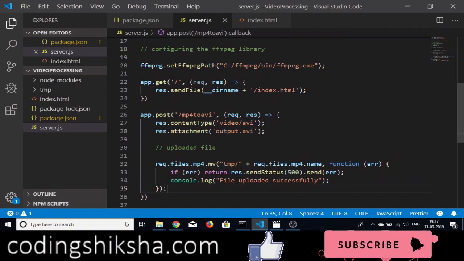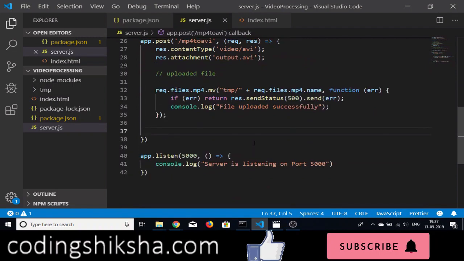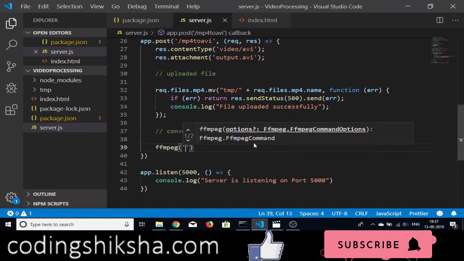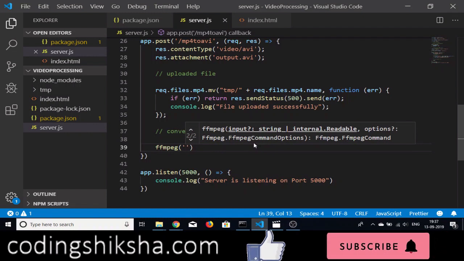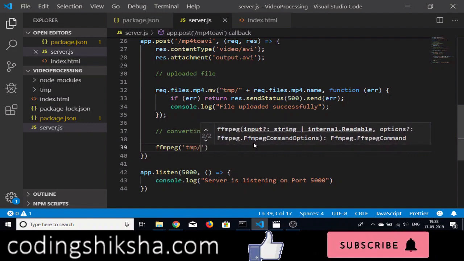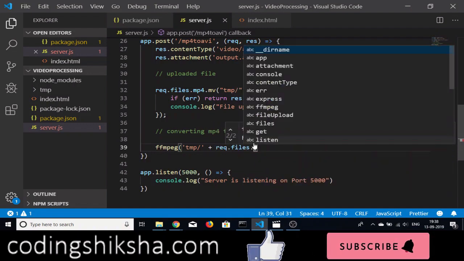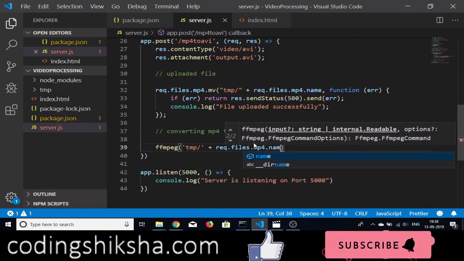Just after this function put a semicolon here, and now we will be converting this mp4 file to AVI format. For converting mp4 to AVI, I will be using the FFmpeg library. So just call this function here, pass a temp, pass the full path, that is temp slash, concatenate the file name, that is request.files.mp4.name,